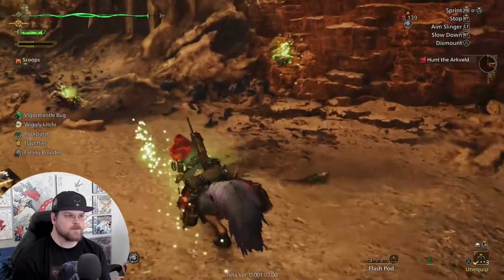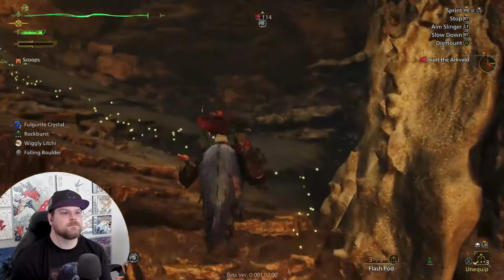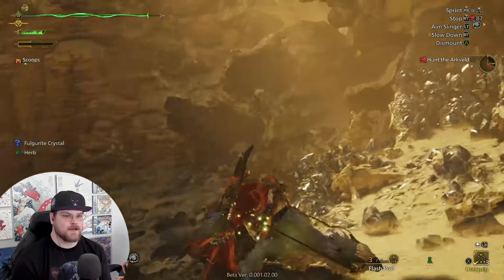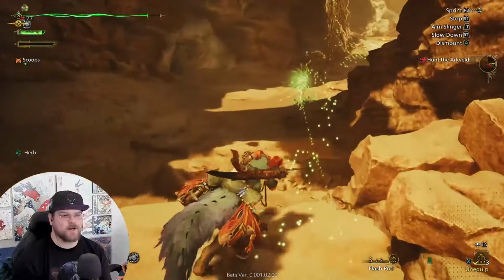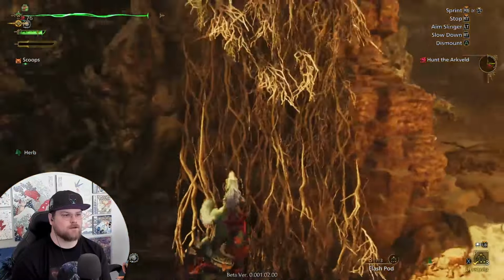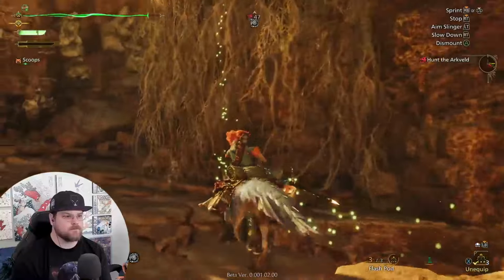Also, I haven't been using my flash pods at all. So if I put away my weapon, I can use something that's in my little wrist slingshot. And I have this blind, it's like solar flare from Dragon Ball Z. It'll blind them. If it's flying, it'll fall out of the air and it will have a period of time where it's down. And so you can hit the monster. But,